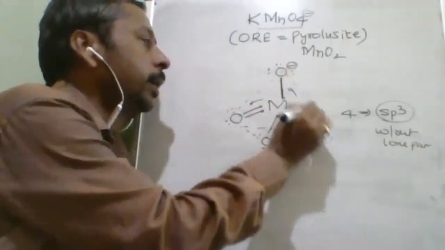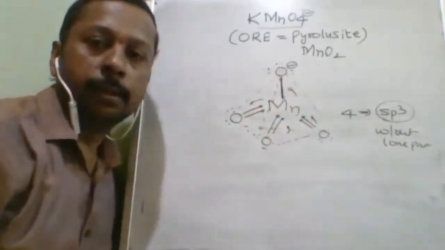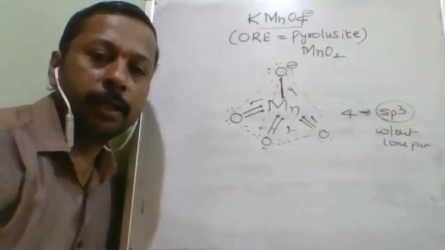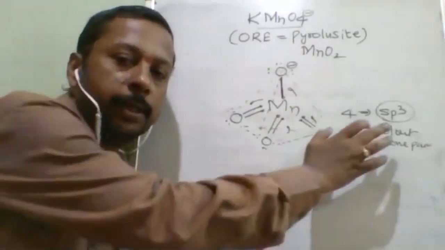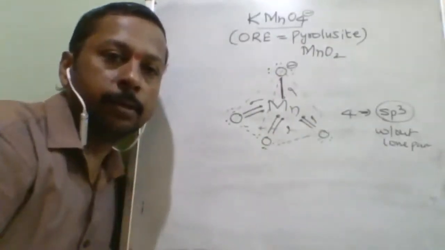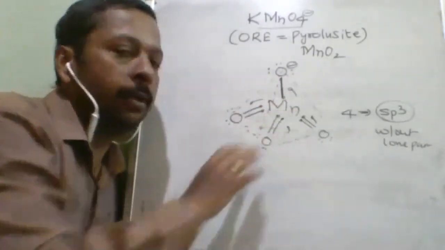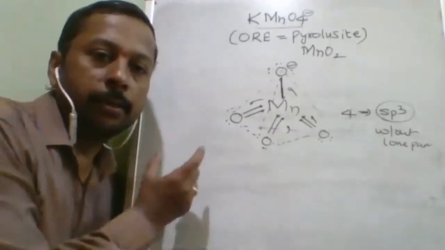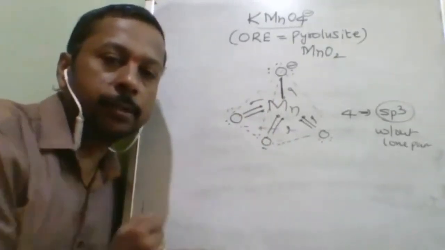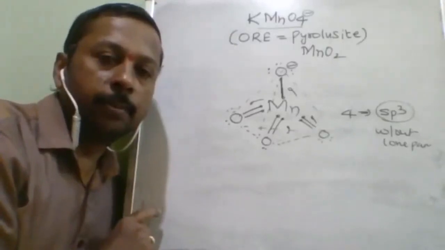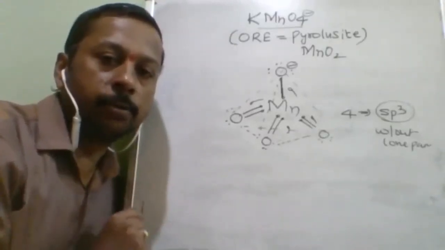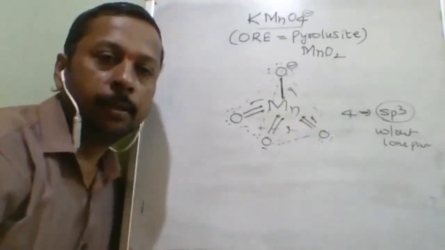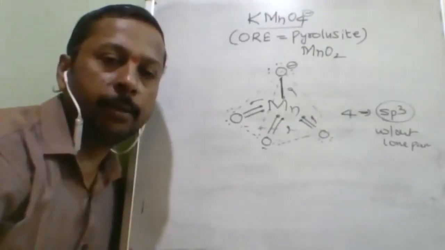Regular tetrahedron. But this is as per the NCERT that I am telling you. Actually speaking, it cannot be sp3. Why? Because all 7 electrons are not in the valency shell. The electrons are in the 3d and then 4s. So we are using some d orbital electrons also, but nowhere is it mentioned with the sp3. That is the latest information I am telling you.